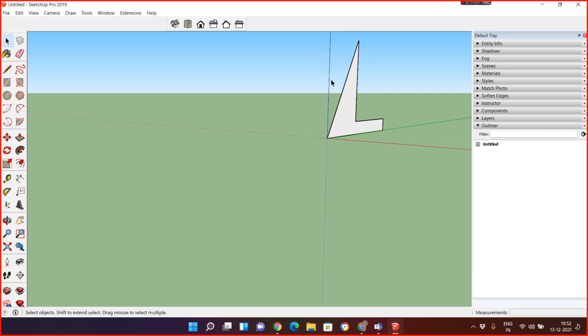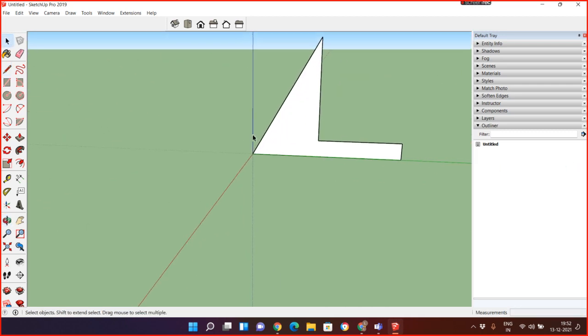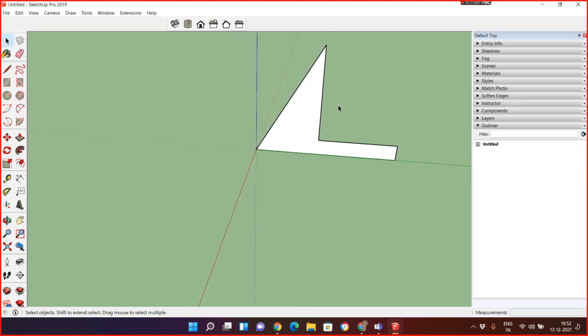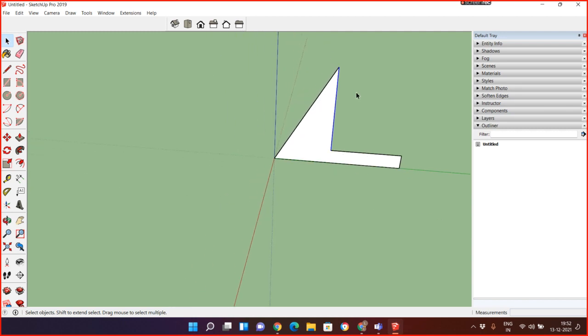And when you close it, the surface is automatically created. When a surface is created, it means there are three parameters: the first is surface, the second is edge, and the third is vertex. So each object has three basic parameters. The first is the surface, which is closed by edges; the second is the edge, which is created between two vertices; and the third is the vertex, which is the starting point of a line. So whatever you want to do, you can select it and edit it. If I delete any edge, your surface will be deleted.